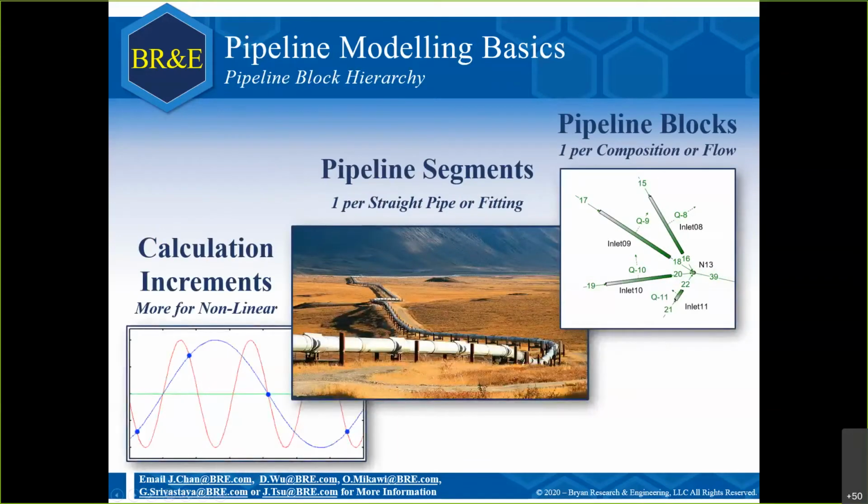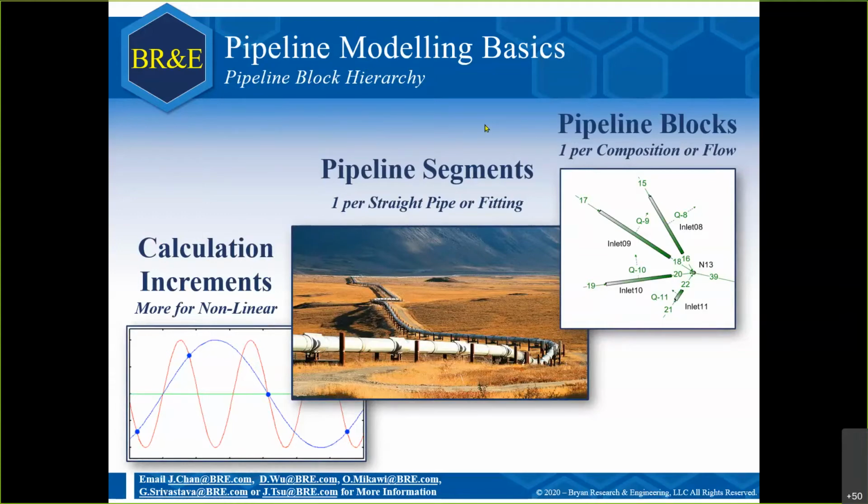Of course, there's a bit of hierarchy in its use. This is mainly to provide clarity in your flowsheet and properly compartmentalize your information. So at the top of the hierarchy, you have the pipeline blocks itself, each one of these green pipes. You can have as many as you want on a single flow sheet, but you need at least one per